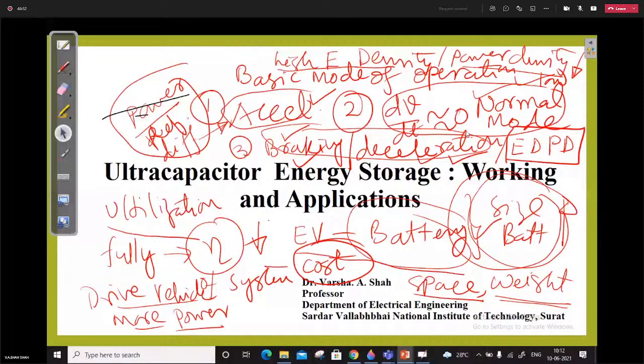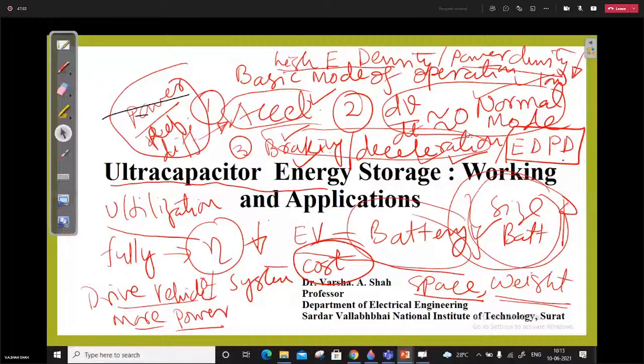So we have to find some other solution, and that solution is nothing but the supercapacitor. Supercapacitor has exactly opposite characteristics compared to the battery. Battery has a high energy density and supercapacitor has high power density. And we know that when the system is delivering power at a very low, slower rate, or for a longer time, we call it energy, and when the system is delivering power at very high rate in bulk, then we interpret it as power. So this way, we will have another storage device along with the battery,